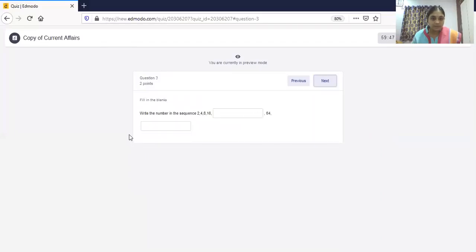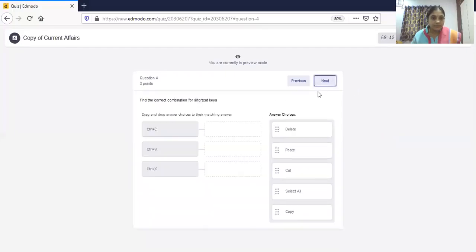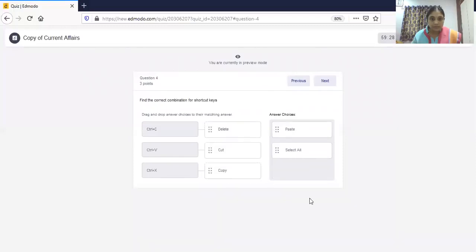You can see here to fill in the blanks. Then we have prepared this matching. So additional options we have given here. So you can see they have come in shuffle order. We have to choose like this. Correct answers. Okay.